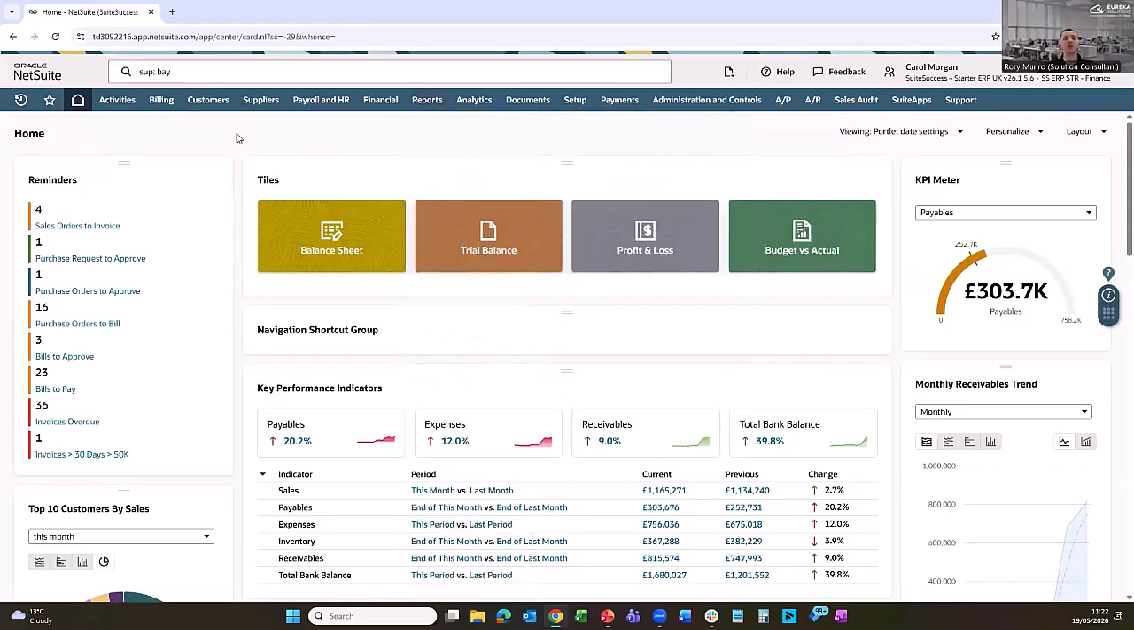Now, just to talk you around the dashboard quickly, on the left here, we have a reminders portlet. So NetSuite is built on automation, making sure that workflows are being adhered to and that everyone knows exactly where in the system that they should be going at any given time. So that can be used for things like approval workflows. Here you'll see we have purchase requests to approve. It's hyperlinked, so if I was to click on that, it would take me directly to the transaction that needs